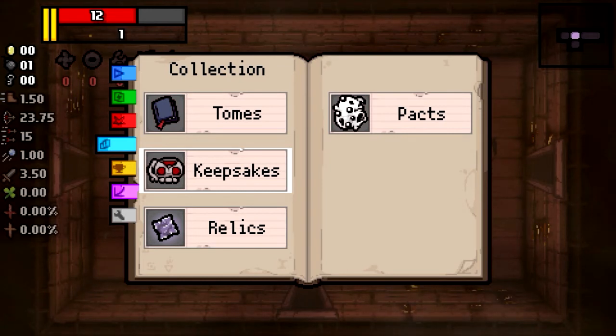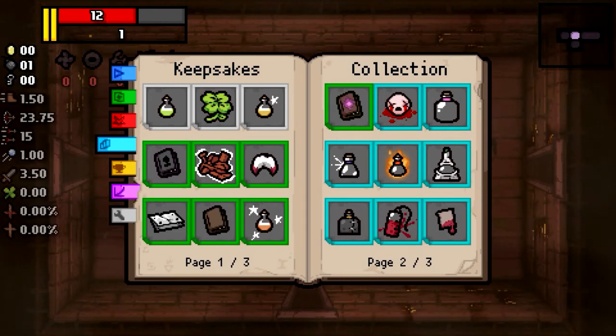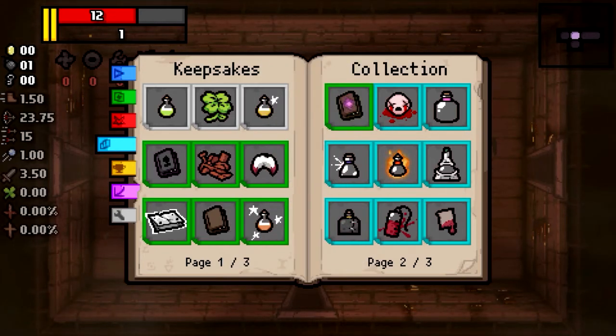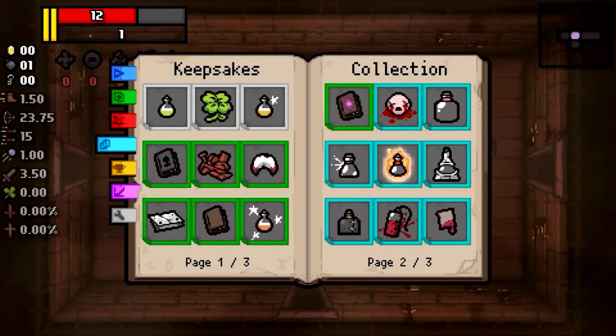Keepsakes. And you'll see right as soon as I open this menu, a lot has changed. A lot of sprites were updated. First off, we have this new keepsake, but let's go over the redesigns. They redesigned Rusty Scraps. Now it actually looks like Isaac. They redesigned Iron Plates. They redesigned larger flasks, shinier flasks, fireproof flasks, reinforced flasks, non-conductive flasks, which I might just